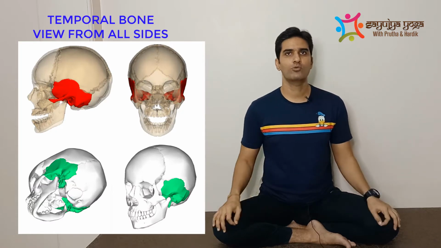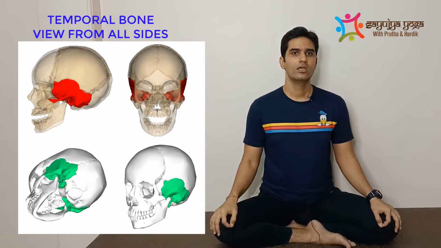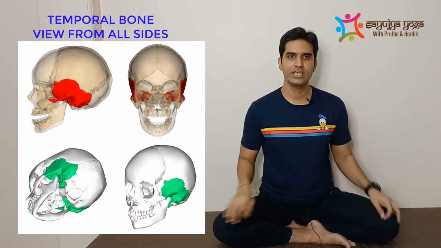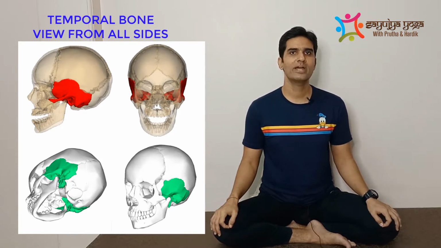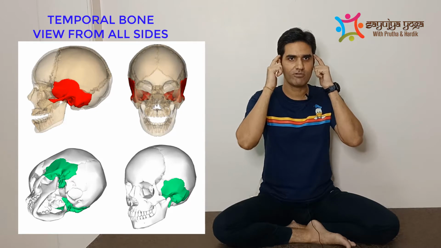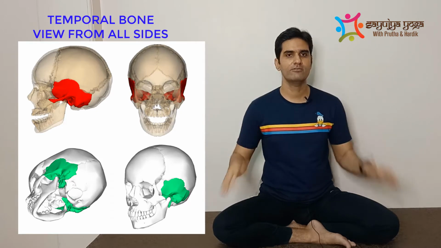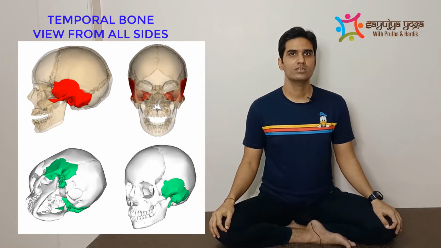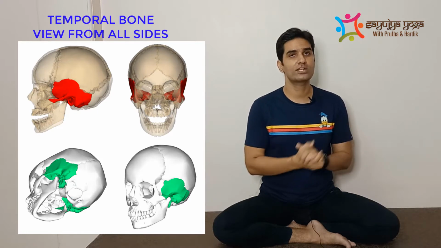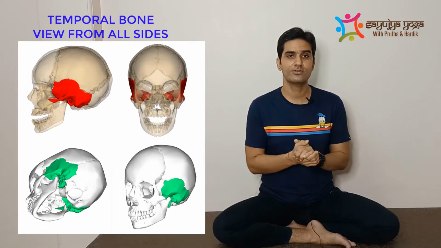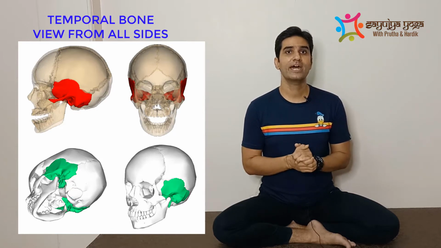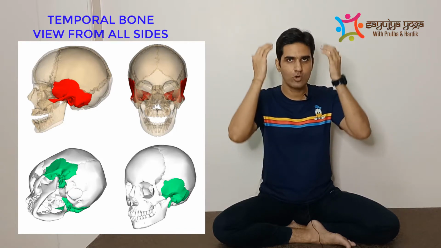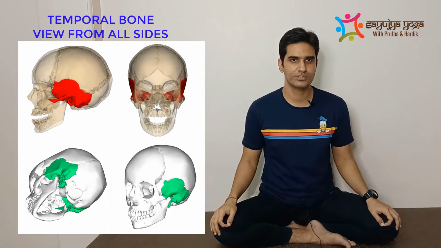Let's move to the next bone, temporal bones. If you get a headache from studying anatomy, or if you get a headache from watching my videos, you might want to massage the sides of your temples to relieve the pressure. Guess what those paired bones are called? Yes, you have guessed it right. They are called temporal bones. They are located just inferior or lower to the parietal bones.